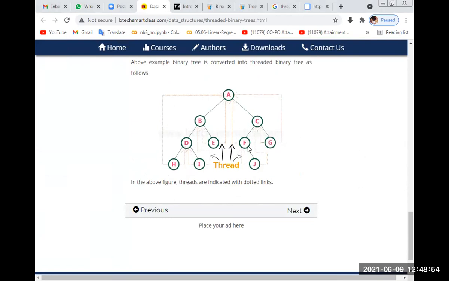We just find the in-order successor and traverse the tree. In this way you have to connect the threaded binary tree.